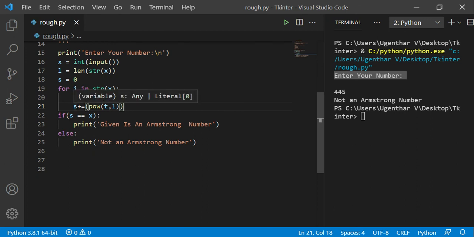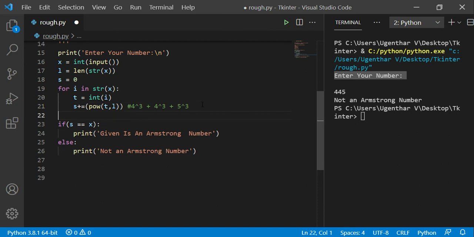Now s will have 4 power 3. After that i is equal to 4, again 4 power 3. That means it will be 4 power 3 plus 4 power 3 plus, again, it will be 5, so 5 power 3. Now s will have some value.